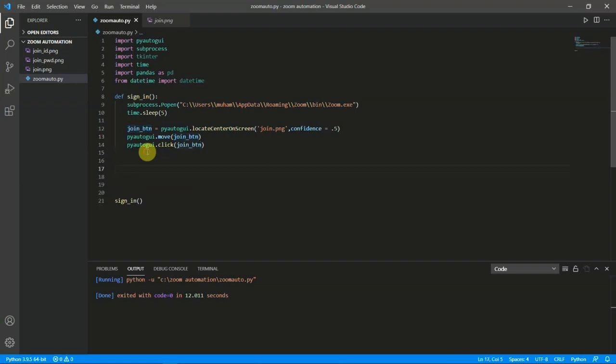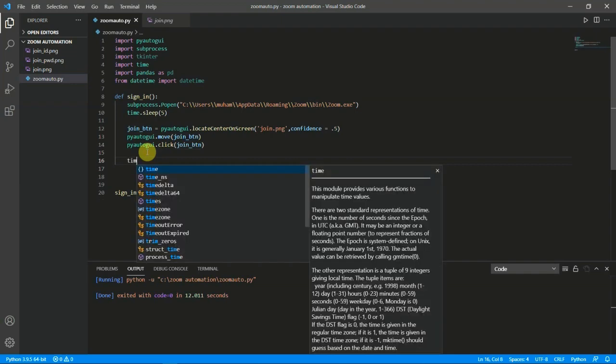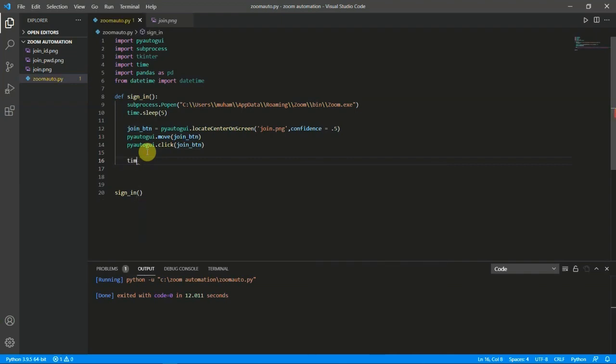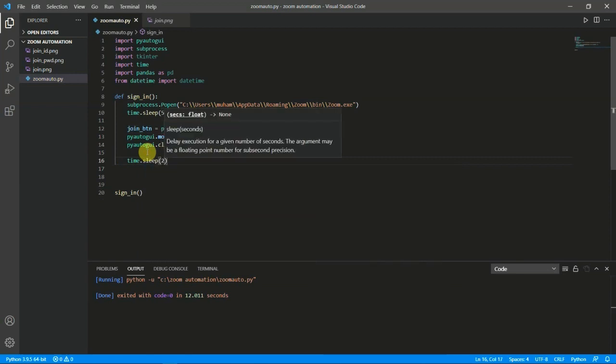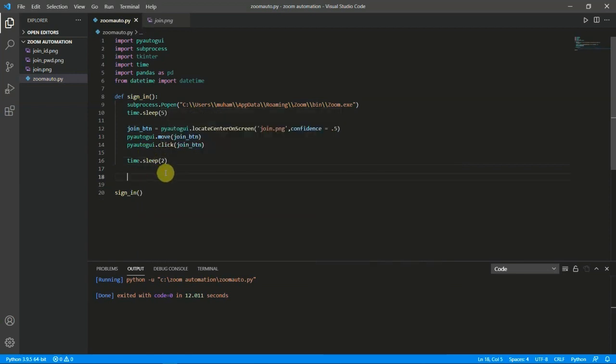After that we will wait for 2 seconds so that we can continue with our next process. You know, after joining, it took some time to open the next tab.